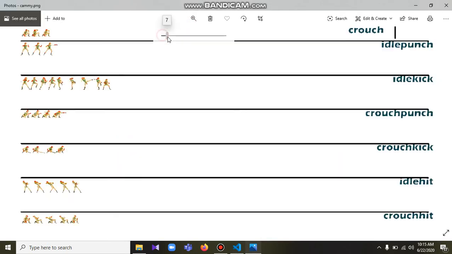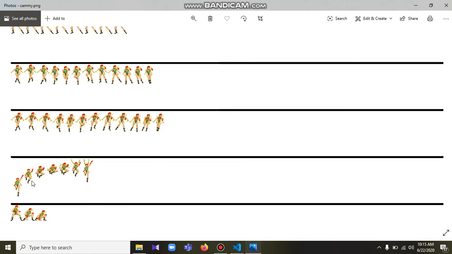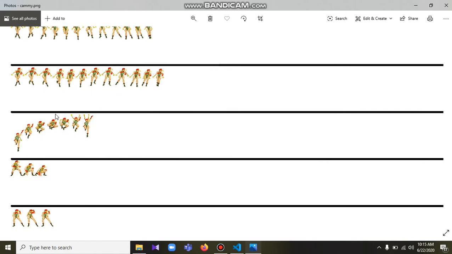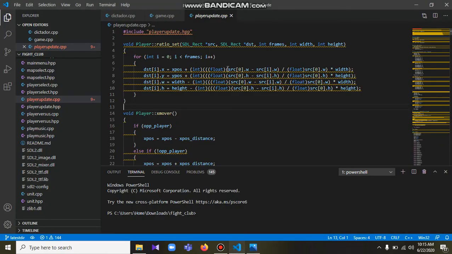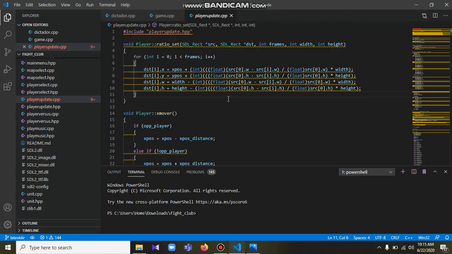So as you can see, all of these rectangles of a jump of the player are being resized with respect to the first rectangle. We applied the same logic here. This is the first rectangle, and we are resizing all of the remaining rectangles with respect to this first rectangle, the source of 0. So that's pretty much it for the ratio set.